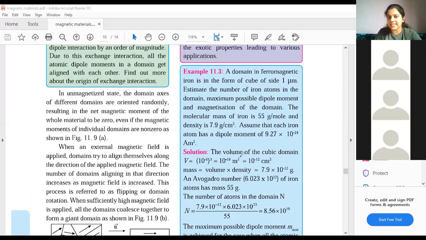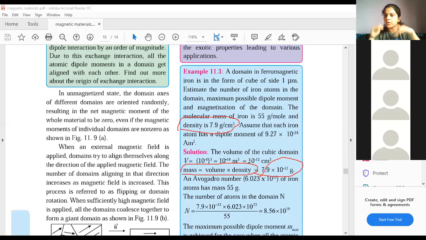Here, one thing is that I skipped one point. Students, molar mass is directly given to you. See, molar mass, also called molecular mass, is directly given. Mass is not directly given. Instead of mass, they have given you density. But you can easily find it, that is the reason we have found this volume. Because mass is nothing but volume into density. Density is mass upon volume. So if you modify that formula, mass will become volume into density. So we know volume, we know density because it is given in the question, so we will get mass.